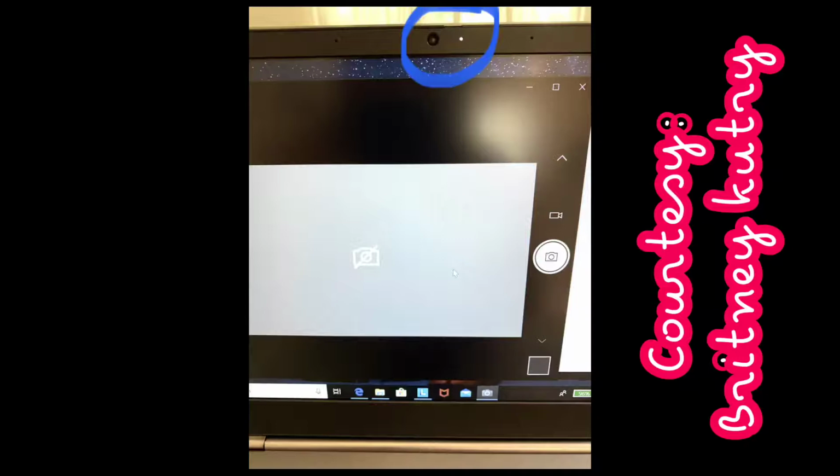Only after the camera slider is slid off of the camera, and the camera sees us, or we are visible in the camera, do the camera settings work. Otherwise it won't work. So check if there's any hardware which is shutting off the camera. If that's the issue, then maybe it's a hardware thing. Most of the cases it is a software thing, because I don't see many laptops with the red dot slider or any kind of slider per se. So check if there's a hardware thing.